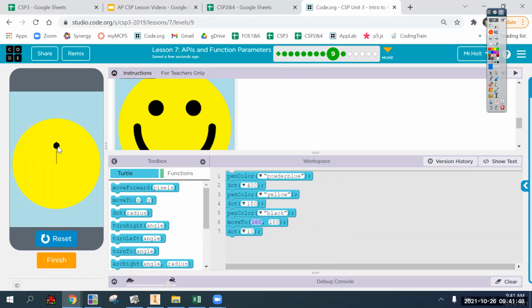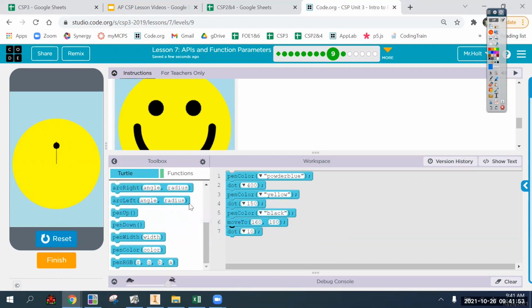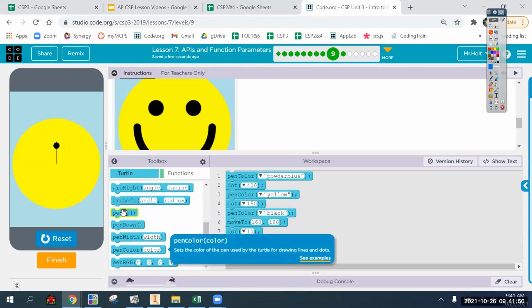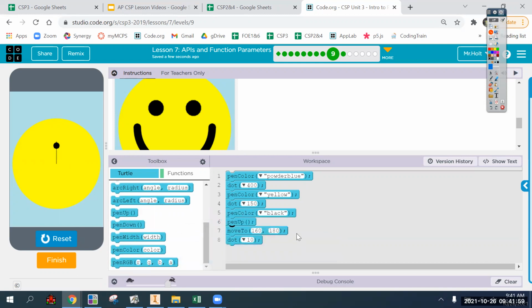First of all, you can see that we drew a line, and I intentionally did that, I forgot the X value. You are going to do pen up anytime you use move to, because you don't want it to draw as you move, unless you want it to draw as you move. And for this one, it doesn't matter because our next move is a dot, and you don't need pen down in this case to do a dot, but you might as well get in the practice of doing pen up, move to, and pen down whenever you move something. So let's see, what did we say, 120 by 180,